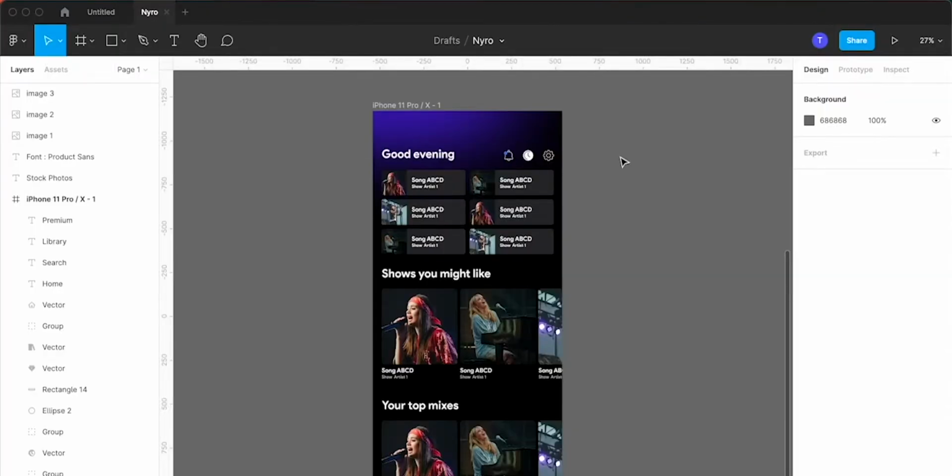Alright guys, this is how the basic user interface of Figma is gonna look like when you first open it. Not exactly like this because I skipped the login part. In this tutorial, I will show the practical use cases of this software and I won't be going into the in-depth theoretical portion. So here is the home screen of Spotify app, and in this video we will be looking at how to replicate the same UI design in Figma. We will also have a look at the user experience portion of the same app in the upcoming videos. So definitely stay tuned for that.